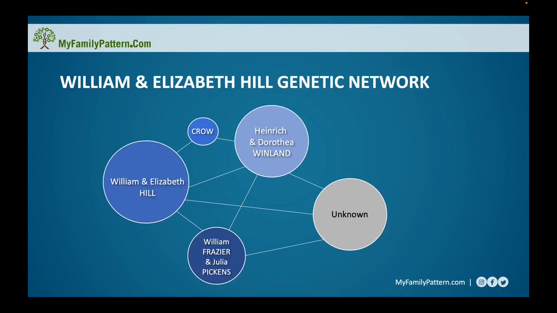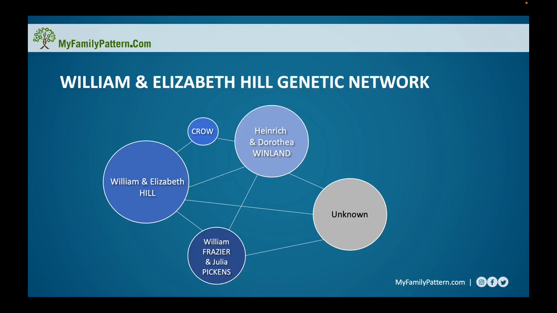I also found another large group of DNA matches that descended from Heinrich and Dorothea Winland. There was a smaller group that descended from William Fraser and Julia Pickens, and there was a really small group, really only one in the example that I showed you, but I have evidence of others in this Crow group,